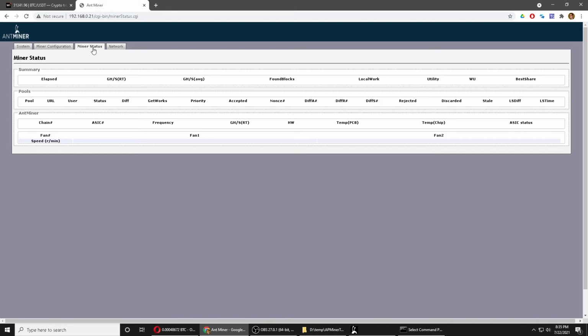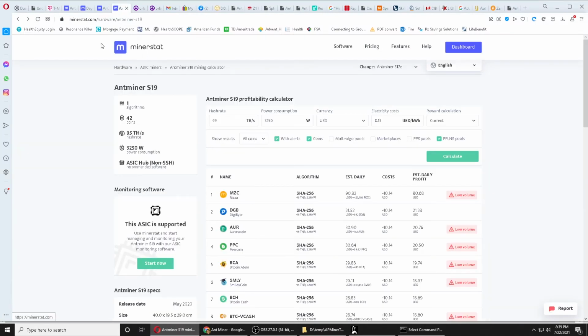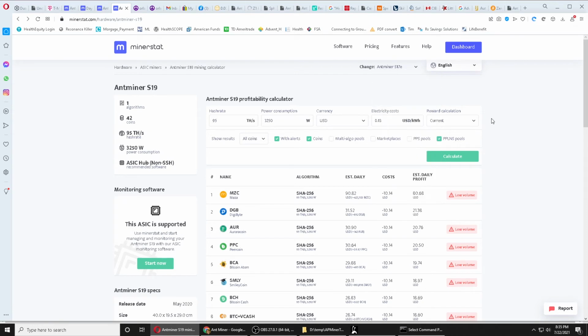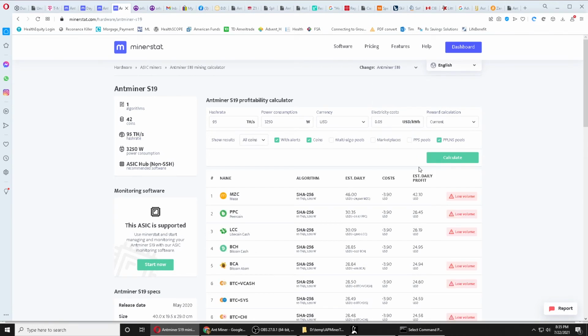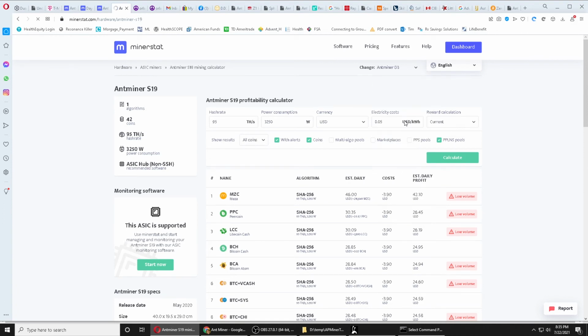So while we wait for that, I'll show you something else, where you can get some interesting statistics. If you go to minerstat.com/hardware, you can select different miners of what you want to do. You need to put in your electricity cost. That's what we pay. You probably pay less. And if we go to the Antminer D3,